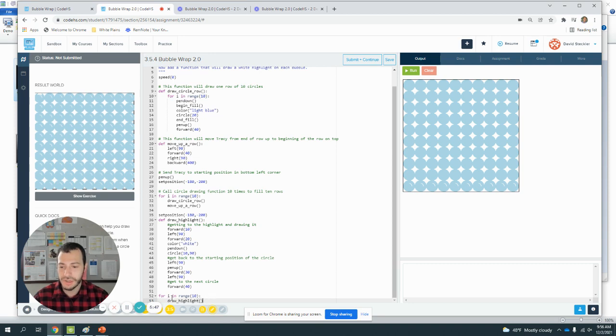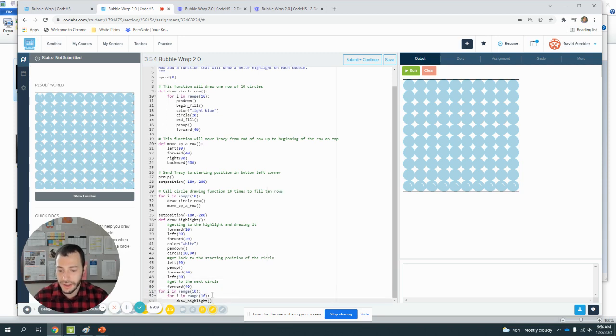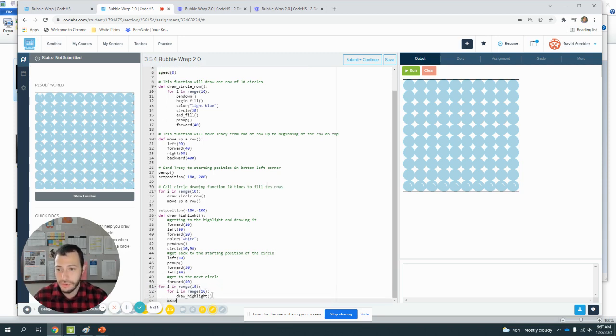So what we want to do is we want to draw the highlights 10 times, but we also want to, we're going to make another loop right now for I in range 10. What we want to do is we want to basically do these commands, but once we are done drawing the highlights, we want to move up a row. So we want to repeat basically 100 times, 10 times 10, drawing a highlight. And then after every 10 highlights, we're going to move up a row, and then we're going to repeat drawing